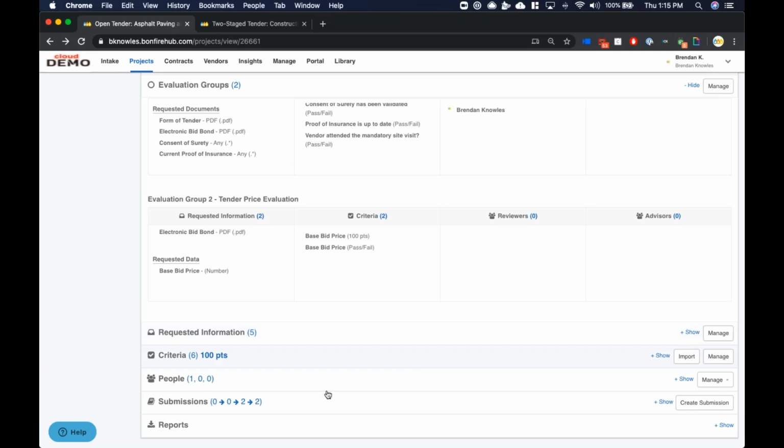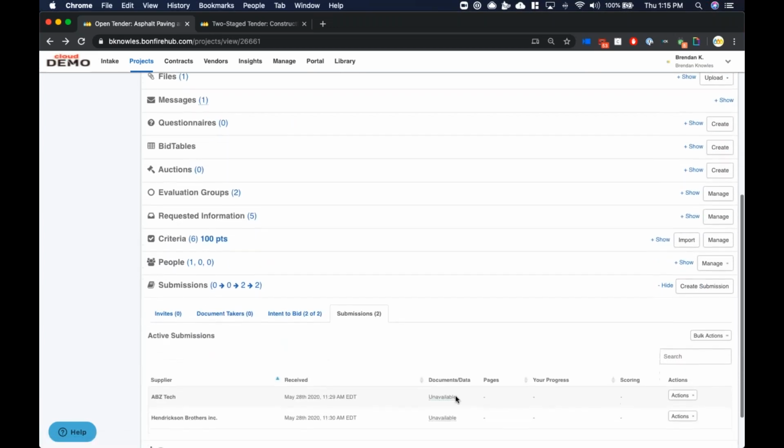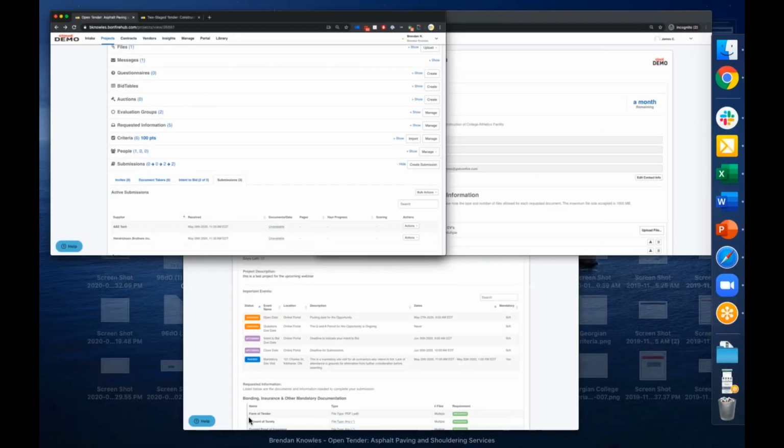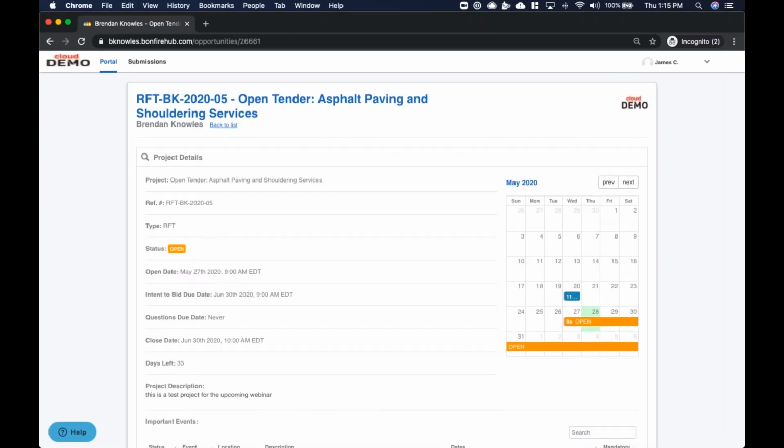Some of the other elements, again, are actually really what I just want to highlight before we move on to the perspective of a vendor, is that we have 2 submissions already in place. And so we're going to take the place of a third vendor making their submission. So I'm going to pop on over to, I think it's this one. Perfect. So I'm now taking the seat of a vendor or a contractor who's interested in submitting a bid to this particular tender. So this is what that submission page would look like.